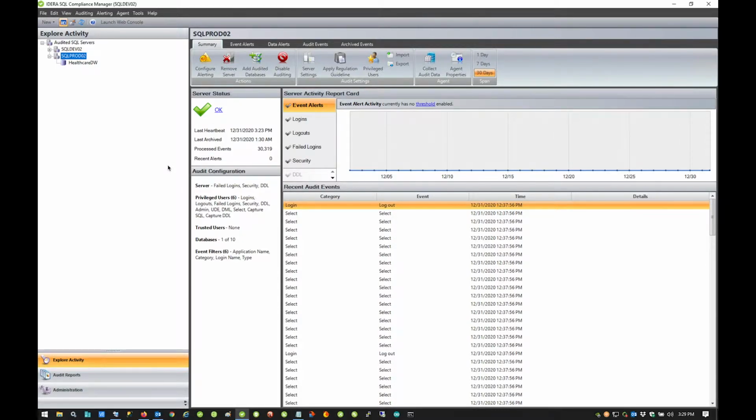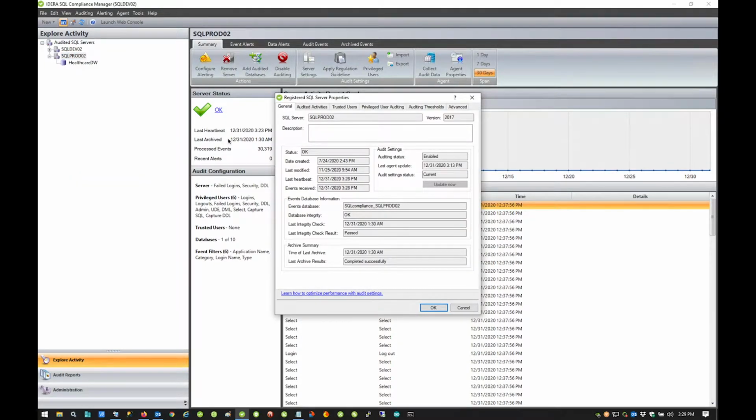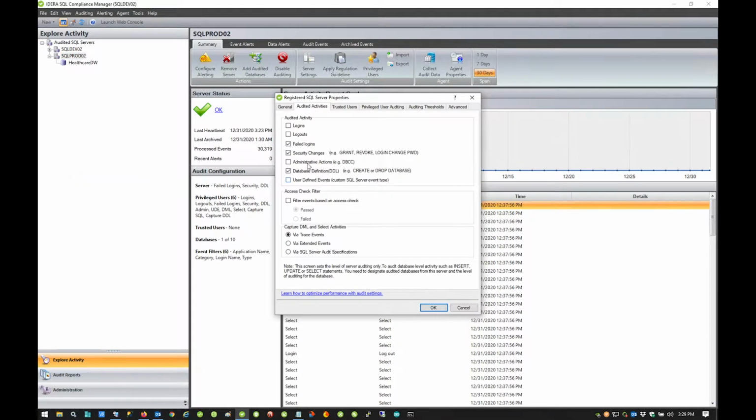In this video, we're going to talk about server-level audit configuration in SQL Compliance Manager. There are different layers of auditing that you can implement within Compliance Manager. When we talk about server-level auditing, if you right-click on the instance and drill down to the properties, the second tab from the left, you'll see a list of different types of audit events that are available. Things like login, logout, failed login, security change, administrative actions,